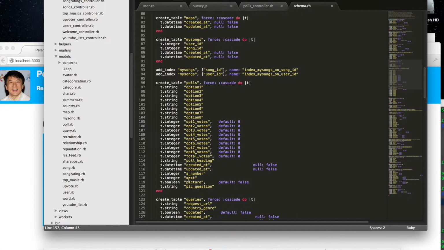Now you're going to see right here this integer "next" is actually how it goes from each question to each question. When the last question is made, the next integer will be null, but when you add another question, it will add the